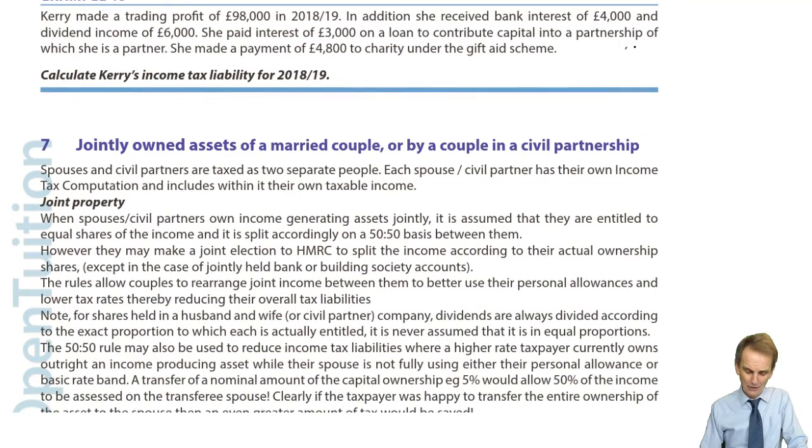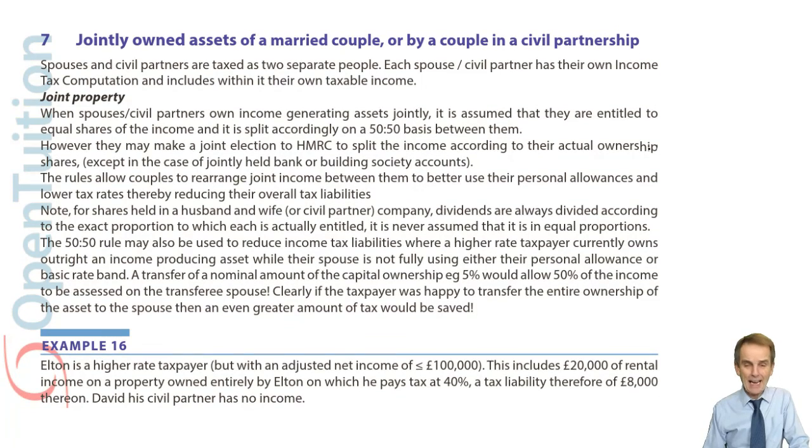where we have again issues that pertain to married couples in terms of their income tax computations, because they're not taxed as a married couple, they're taxed as individuals, husband and wife, civil partners, they're taxed individually. So it sets up a problem. That is, if they jointly own an asset from which income is derived, how are we going to split that income onto each of the spouses', each of the civil partners' own individual income tax computations? I bet you can hardly wait. We'll talk about that next time.